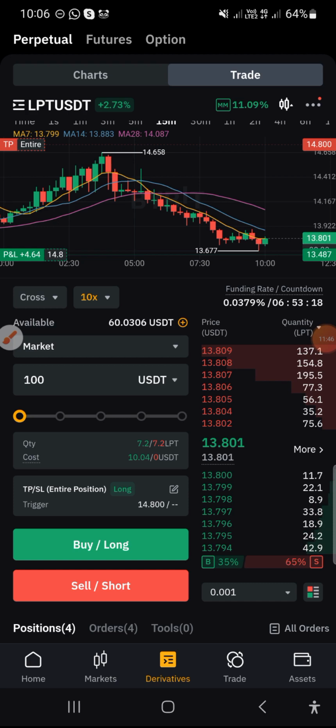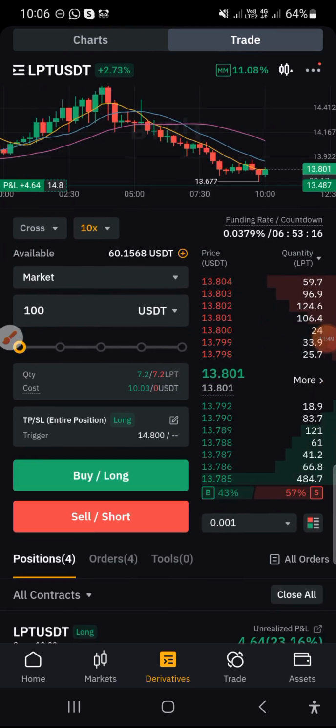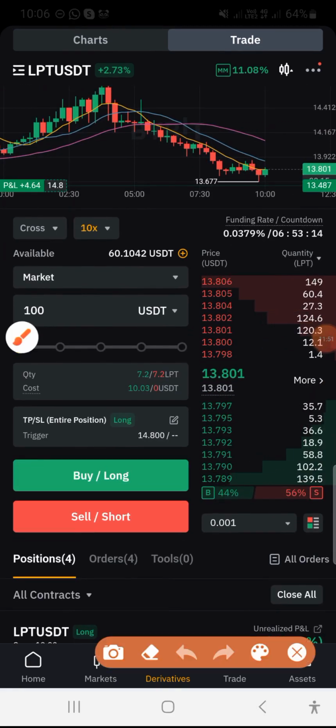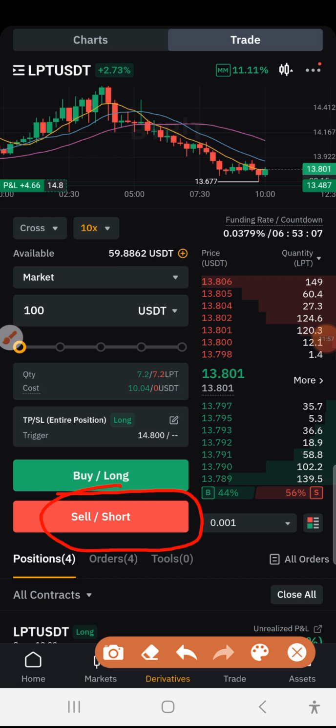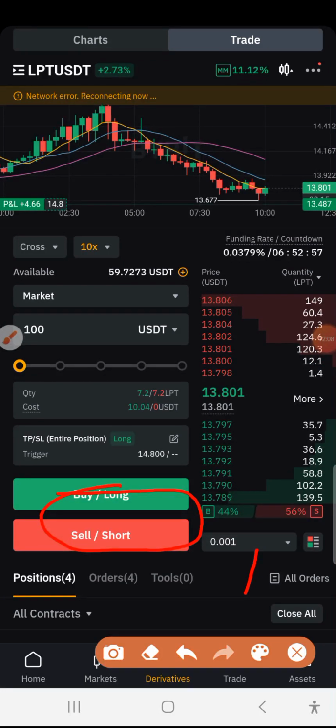And if you are using short, it simply means that when the price goes down to a particular amount, the take profit will be triggered. For instance, we chose long here, that is why it is writing long. If you take a look here, you see it is long. But had it been short,